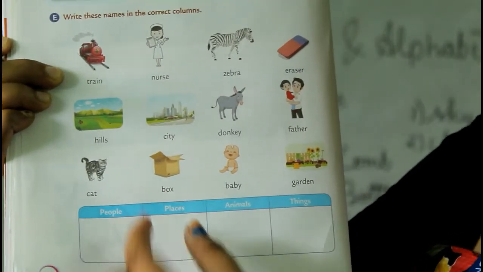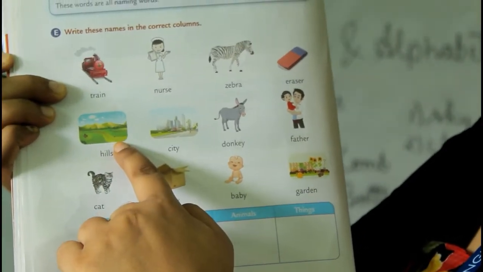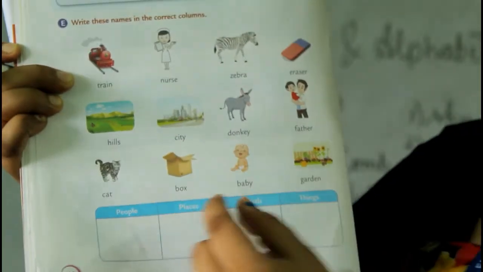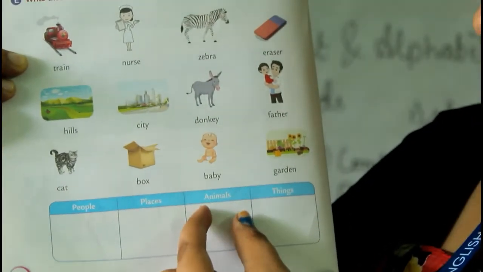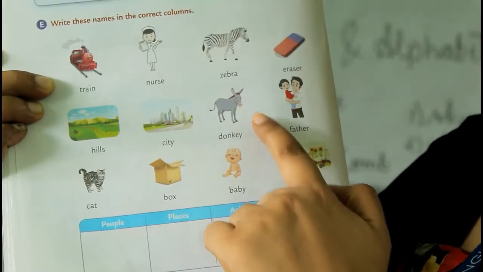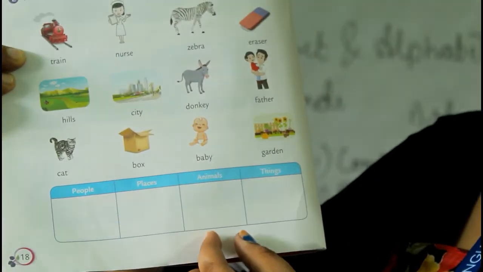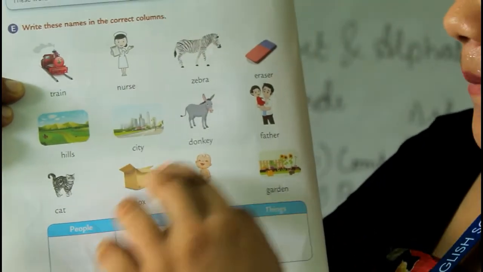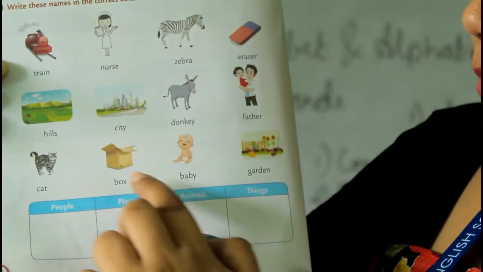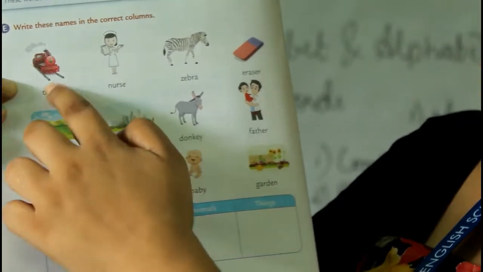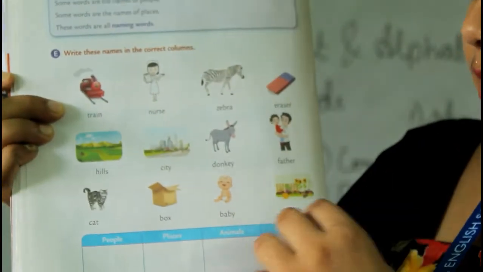Now for places, hills, city, garden, these are the names of places. For animals, zebra, donkey, cat, names of animals. Names of things are eraser, then box, okay, train, all this comes under things. In this way you have to complete this exercise also.